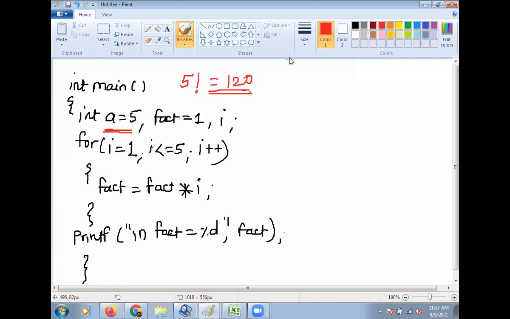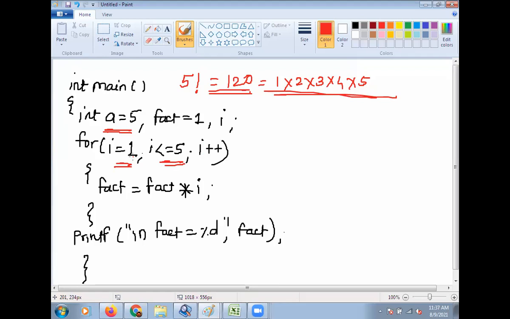So here factorial is 1 into 2 into 3 into 4 into 5. So this is mathematically. So that's why I have taken here for I equal to 1 and maximum I equal to 5. So here initially fact is equal to 1.